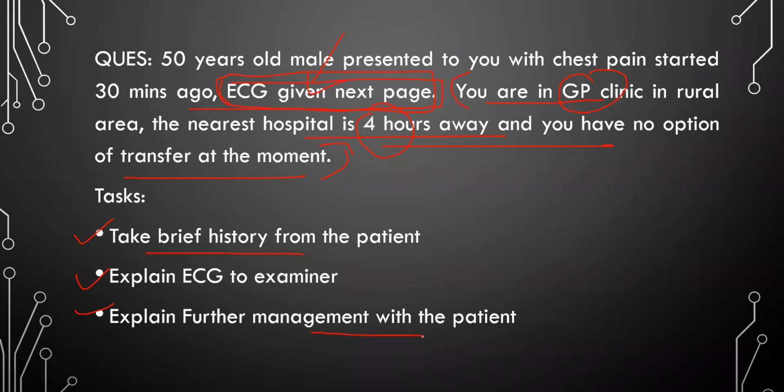Right now, I'm going to call the tertiary hospital cardiologist. I'm going to talk about your condition, your ECG finding and everything. And according to the cardiologist, I will go for further management. Because the hospital is 4 hours away, most likely the cardiologist might just advise us to go for the next best approach to treat you, which is administering a medication known as fibrinolytic drugs that is supposed to dissolve any of the clots that's blocking your coronary arteries.